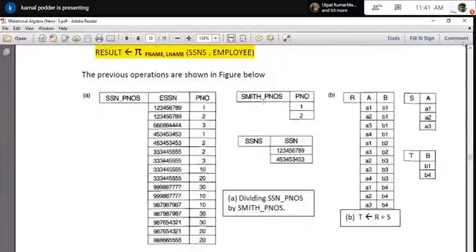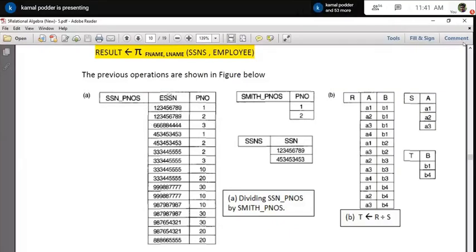That employee SSN number and PNO, in which project it is working. And this is my table. When I access the Smith information from this, what I have got is that 1 and 2 are the projects. That means here the Smith ESSN is this 1, 2, 3, 4, 5, 6, 7, 8, 9.